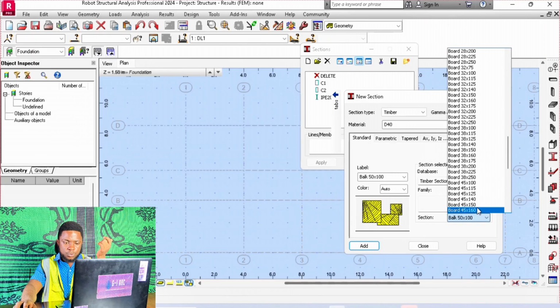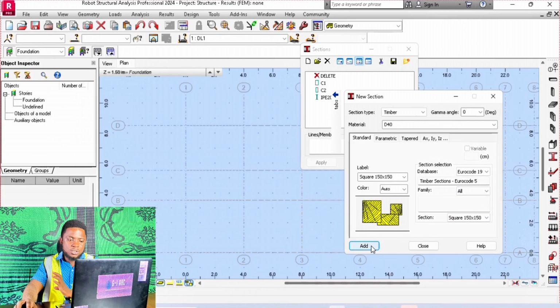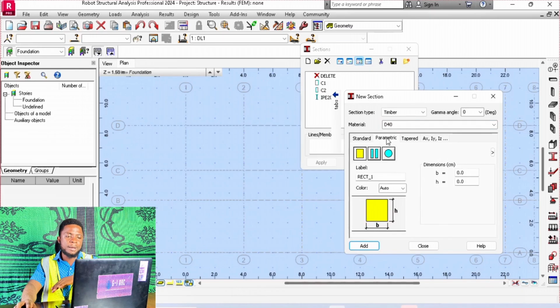So I'm going to choose the model that I want to use. I want to use a square section of 150 by 150. Once done, I'm going to click on add. There are different types of column sections. For example, if you navigate to parametric, you are going to see a